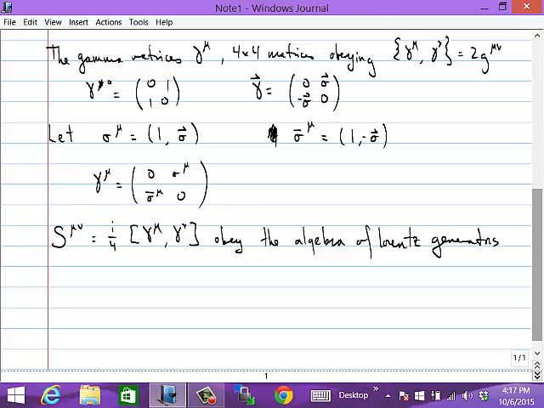So more specifically, under some Lorentz transformation, say where our coordinates get rotated by some 4 by 4 Lorentz matrix,